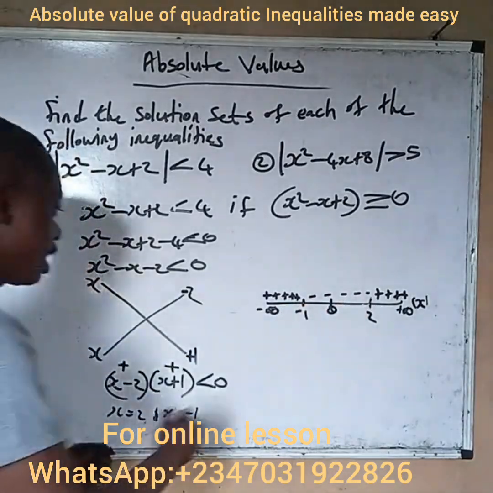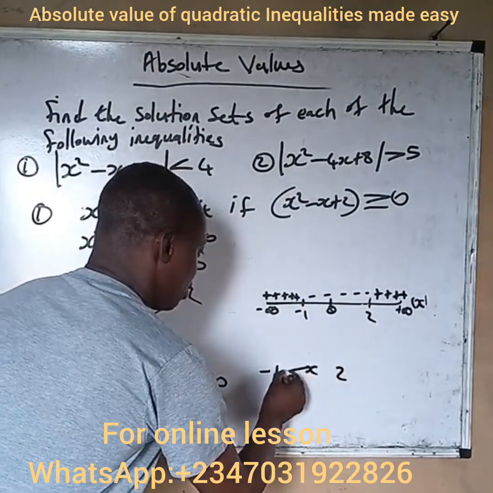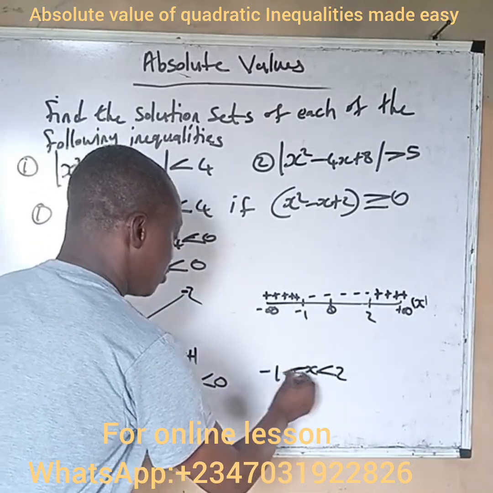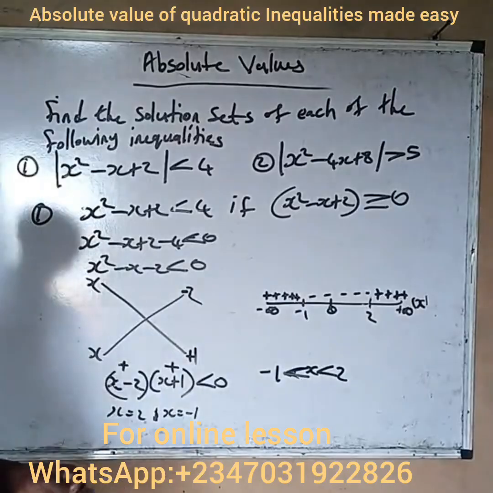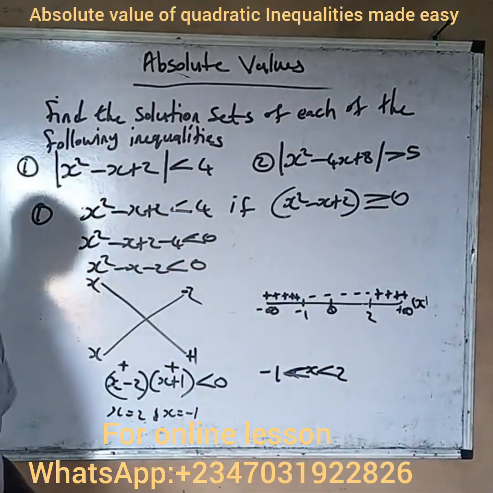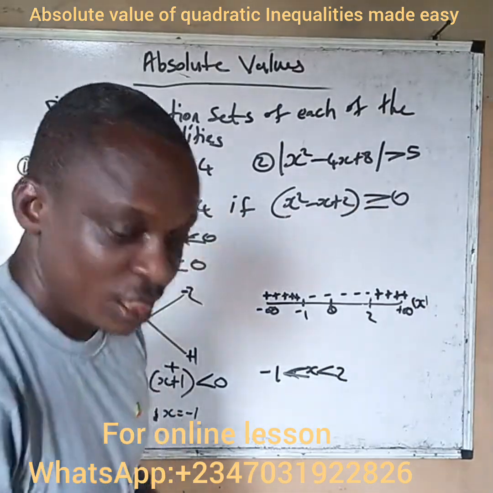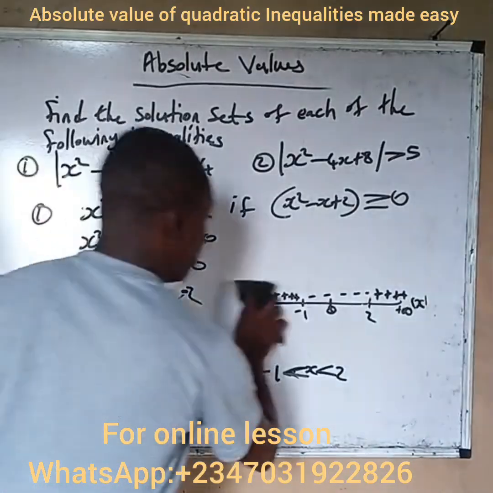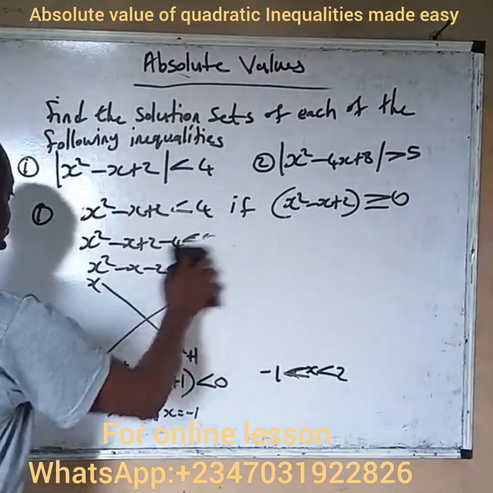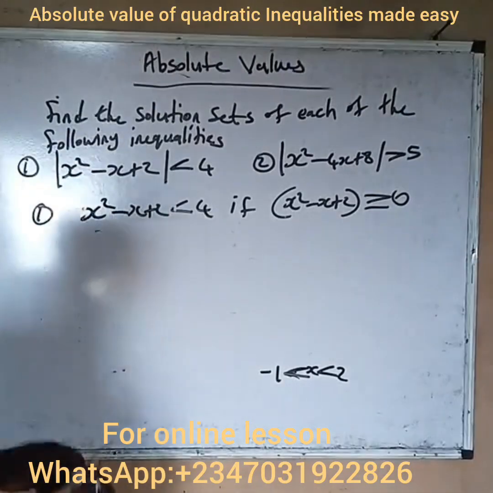It means that minus 1 will be here and 2 will be here. So your x will be at the middle. So x will be greater than minus 1 and x will be lesser than 2. So that is the solution when this is greater than or equal to 0. Remember, you are going to work it in two phases, right? So that is for when this is greater than or equal to 0. Then we'll now work it in the second aspect, which is, okay, let me clean this one now, right? So the second aspect we are now working is